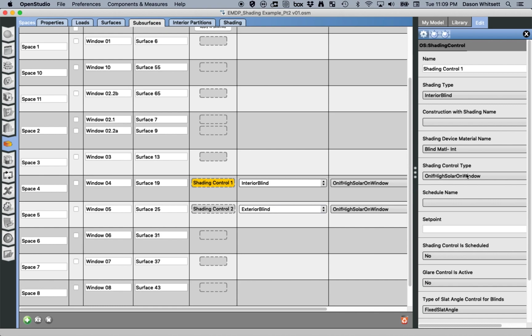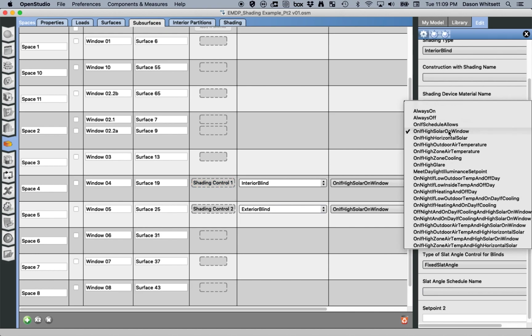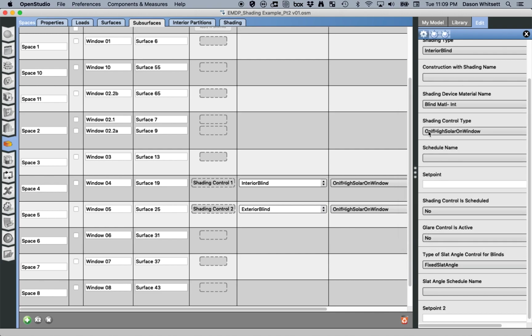So shading control type is the primary method we use to control how the blind is operated. There are a number of ways we can do that. Here I'm going to go ahead and stick with the default, which was on if high solar on window. And then I can also add, in addition to that, a schedule that will control when the blind is allowed